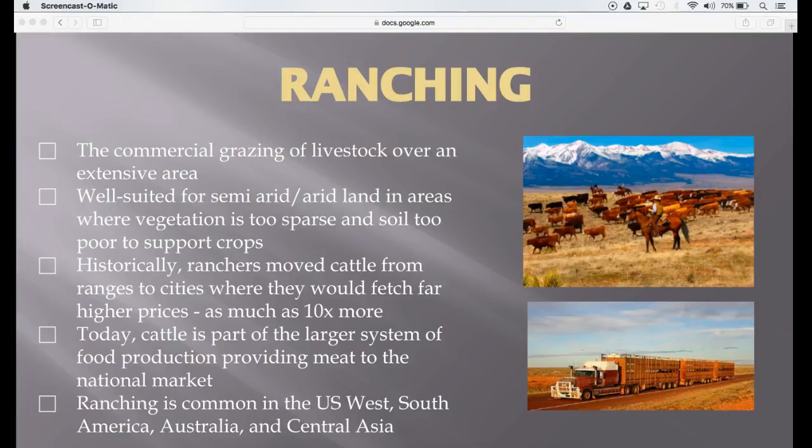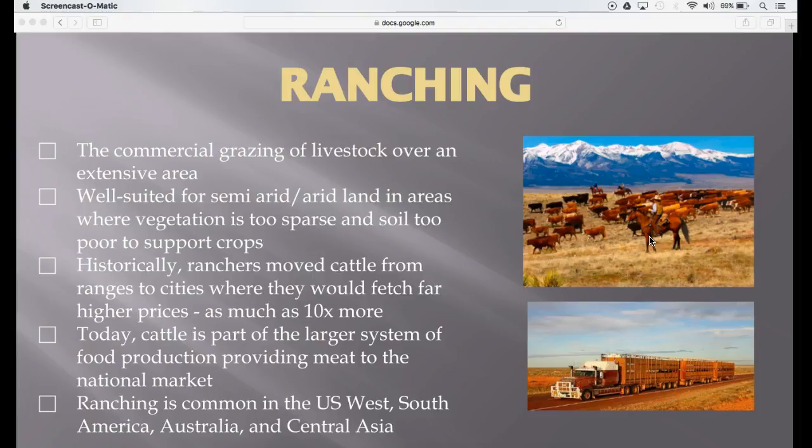Last one we're going to look at for the developed world is going to be commercial ranching. Simply, this is raising livestock, but you're letting them graze. So basically, you're letting them roam about. That's how they're eating. You don't have to grow the food. You can just let them roam on the land. They'll eat the grass that's available to them. You'll move them out later on. Think about more cowboys. This is why they're called cowboys, because they're taking care of cows. This is usually reserved for semi-arid or arid land that's not really that good for growing crops, wheat, and corn,